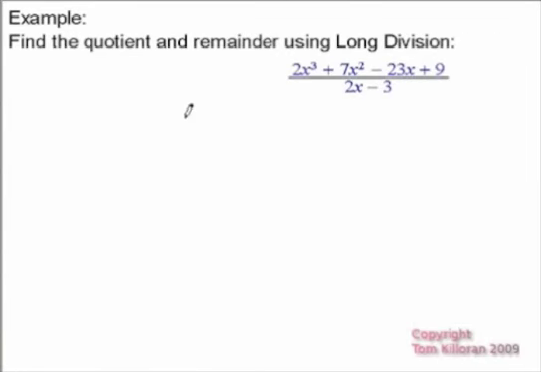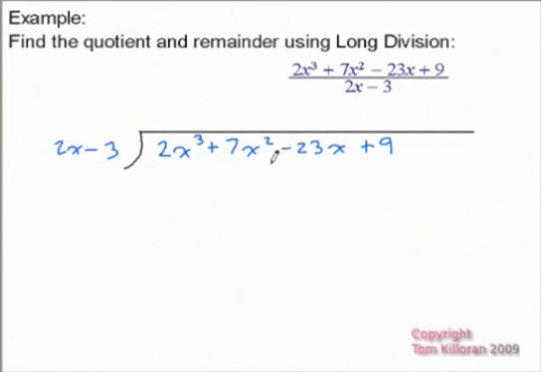Here's an example of long division. We want to divide the polynomial 2x cubed plus 7x squared minus 23x plus 9 all by 2x minus 3. 2x minus 3 is known as the divisor. The top one here, this big ugly one, is called the dividend, and we want to come up with the quotient and the remainder. So we'll set up the long division,